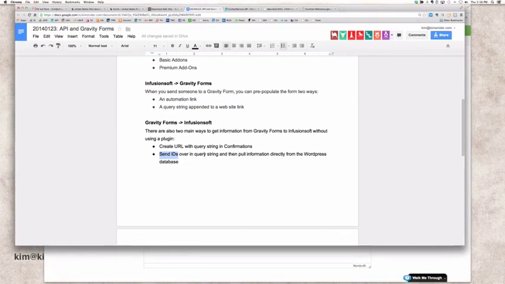Or I don't know, there's a lot of reasons why you might not want to do that right that moment. So you can do this. What we're going to do is, in the confirmation, we're going to send over a query string to a script. So this is the equivalent